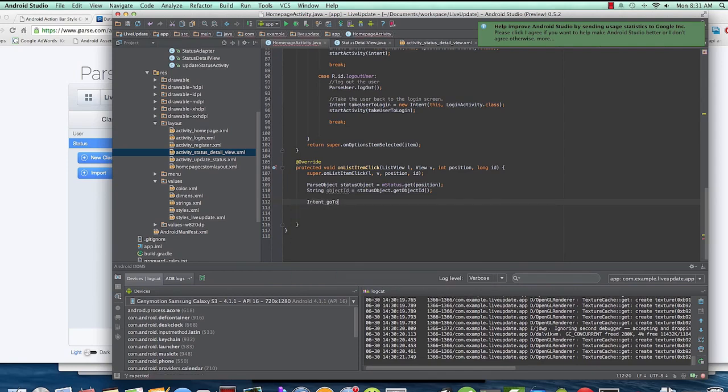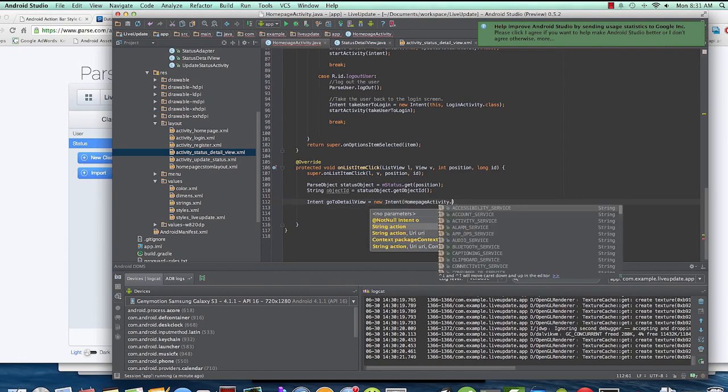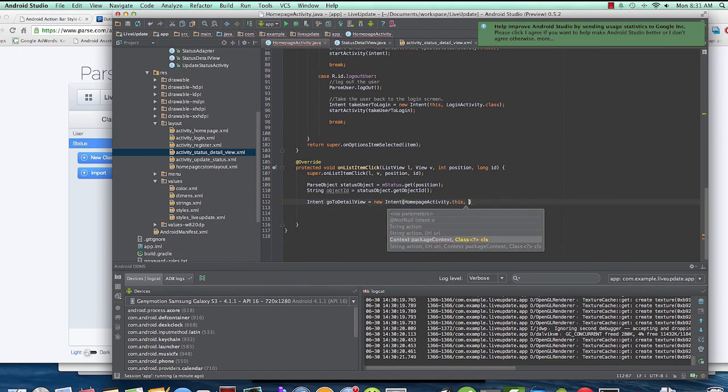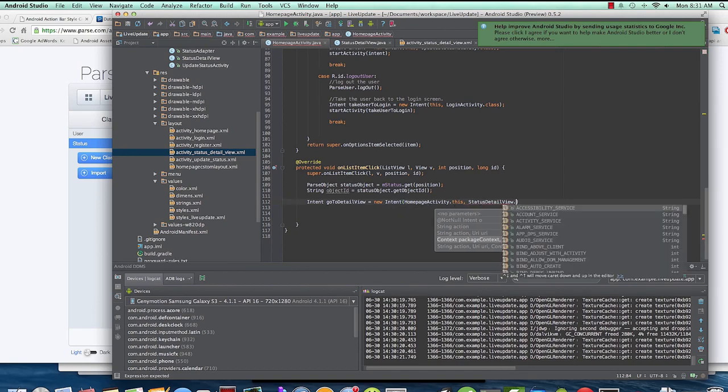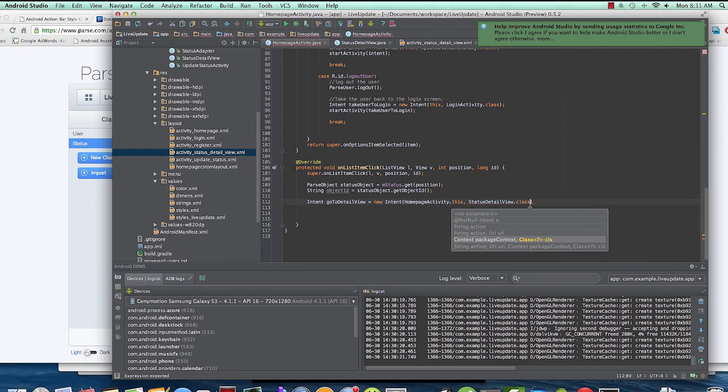go to detail view equals new Intent, and then I'm going to say start with from the home page activity dot this, to StatusDetailView dot class,